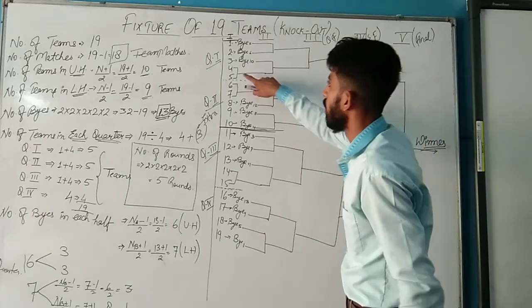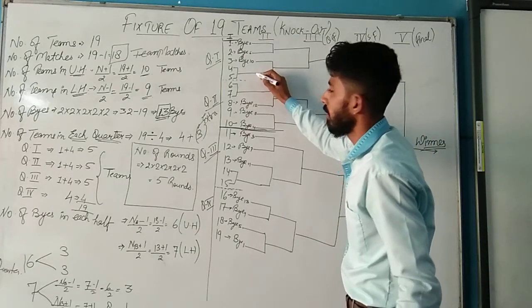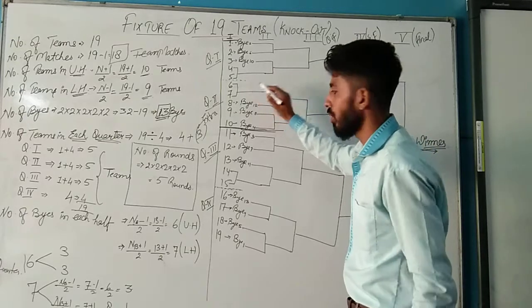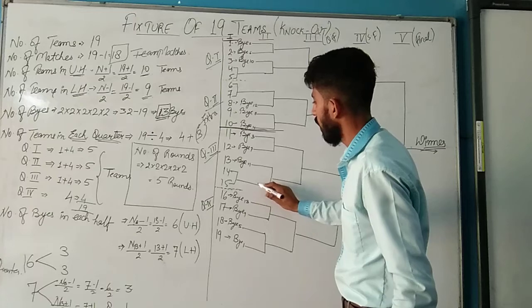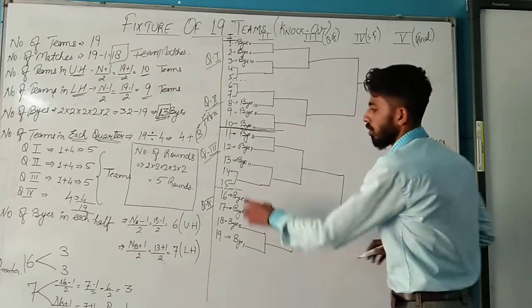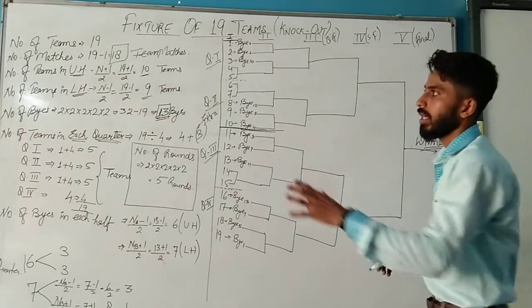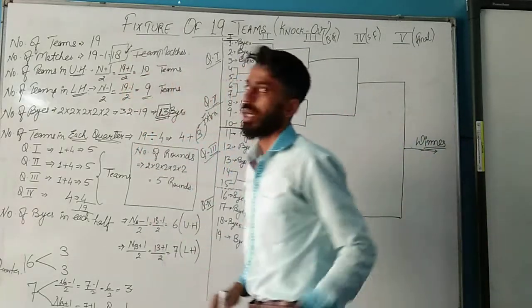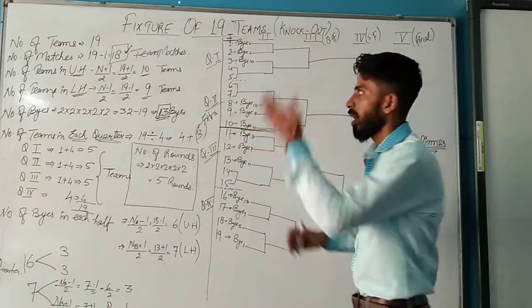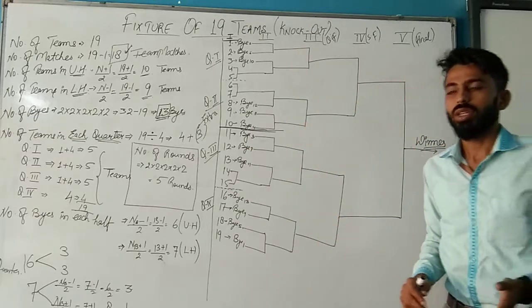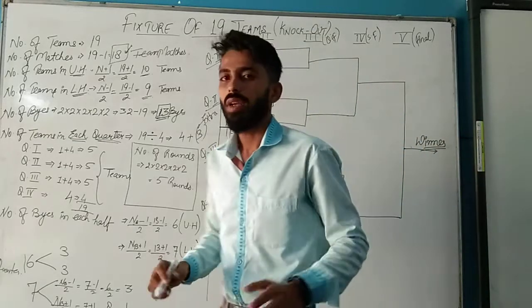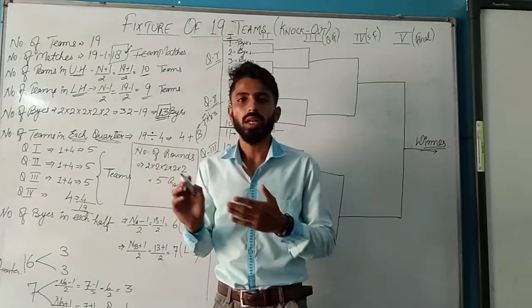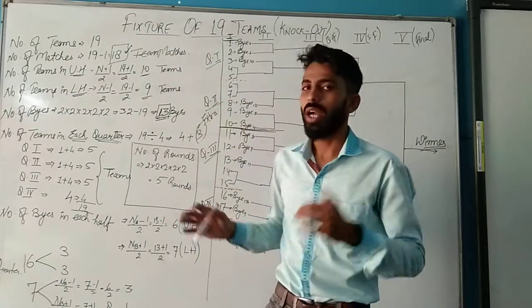Now in the first round, these two teams played. This is the 16th match, 17th match, and in the next one, the 18th match. So these lines are representing that the number of matches is 1 to 18. हमारे 18 matches calculate होके आए थे. Now we have performed the 18 matches. So this is the complete fixture of 19 teams with the calculation of each quarter in the upper half and lower half.